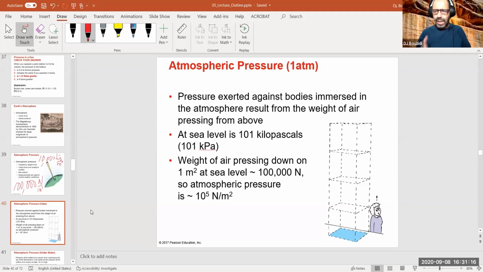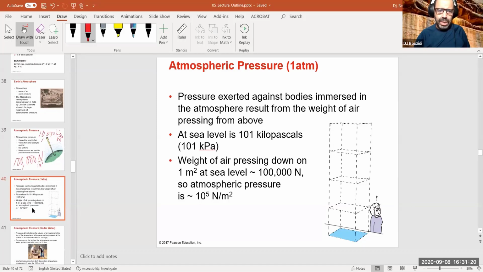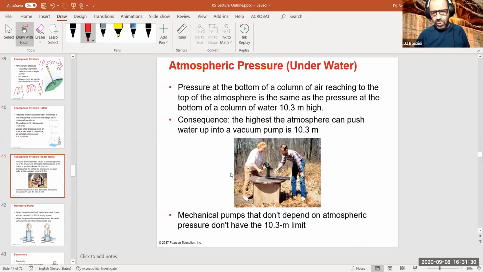Okay. So again, that is because of the difference in pressure in the atmosphere. But the atmosphere itself, since it's around 101,000 on average, goes slightly more or less, and that makes a big difference in terms of weather. If you were to use just the atmospheric pressure to pump water from a well, for example, the maximum you can pump off of it is 10.3 meters, because below that depth, the atmospheric pressure will be less than the pressure from the liquid.